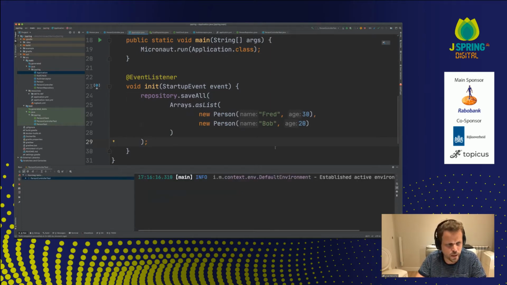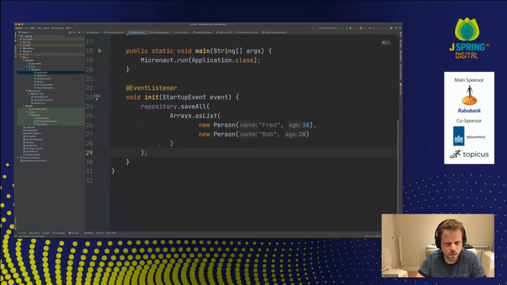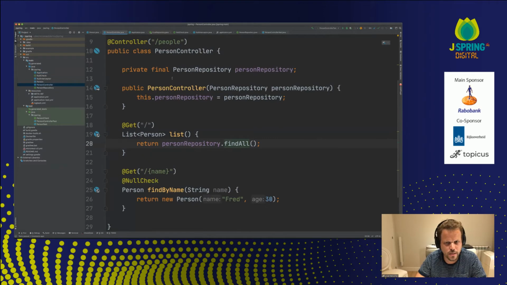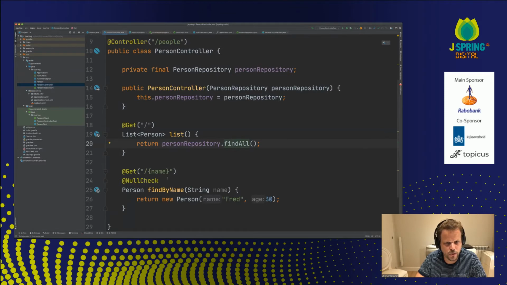And now when I run my test, I imagine, yes, it passes. So that's how you save some data. Now I've altered this application to use a database. It has a person repository, which is communicating via the controller.